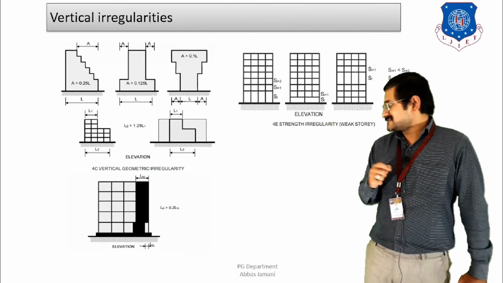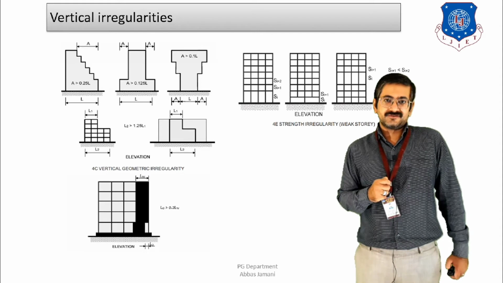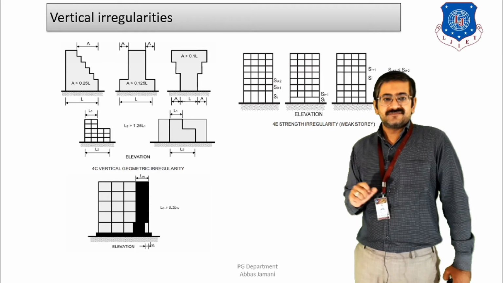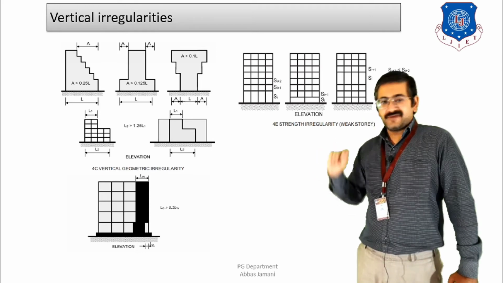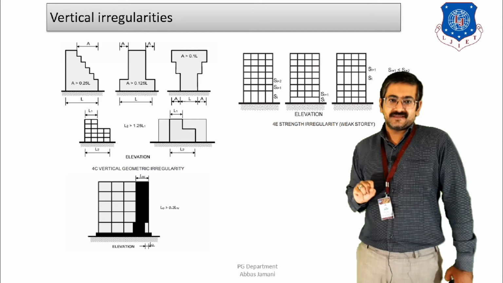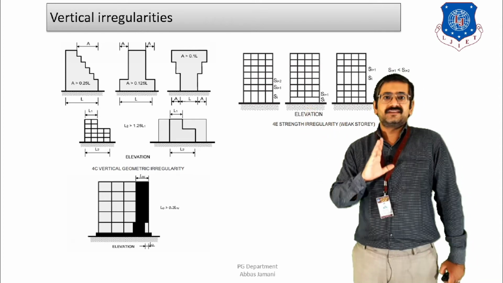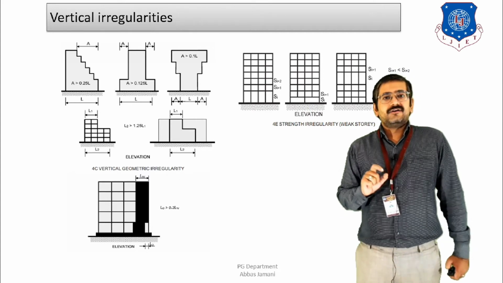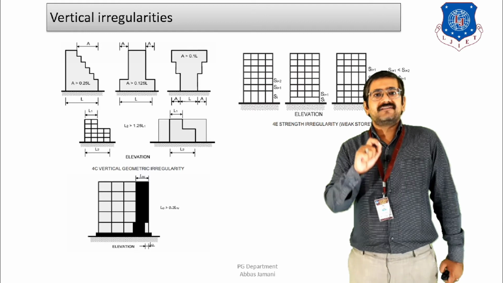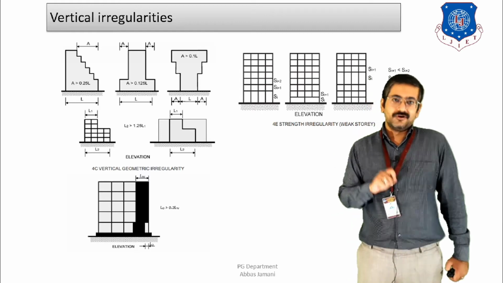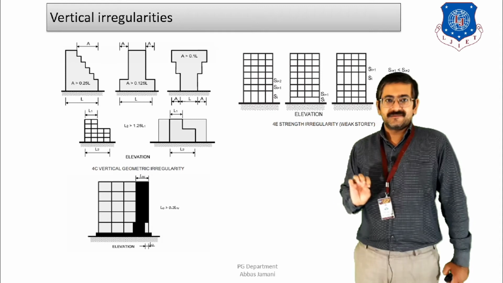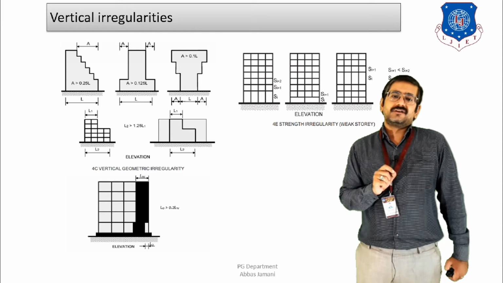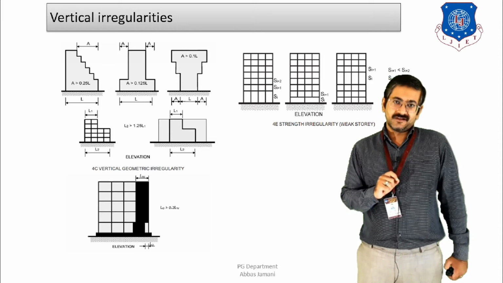Then coming to the third case, where vertical geometric irregularity is shown, right? In the various figures, the base dimension is shown by L and the dimension at the top is shown as A. A is the difference in the vertical offset from the extreme end to the base, right? The code says that if this is more than 125% of the story below, that is, the length below, then that category is known as vertical geometric irregularity.